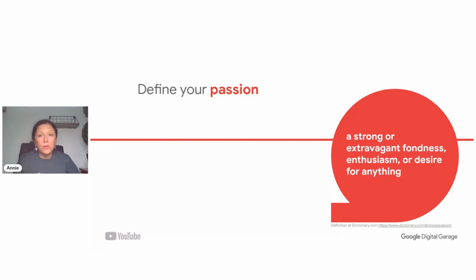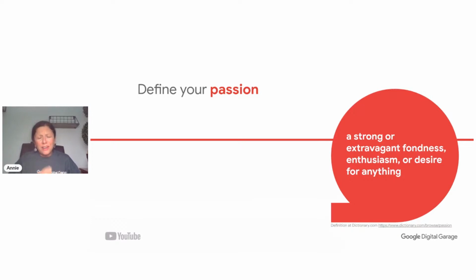Sometimes it can help to look at what's already out there, and you might want to look at different channels on YouTube to see whether you're interested in comedy, whether it's going to be cooking, for example, and see what is already going well. And we'll talk a bit more about that later on. But having a look at what is already out there can help stimulate our own ideas of passion as well.